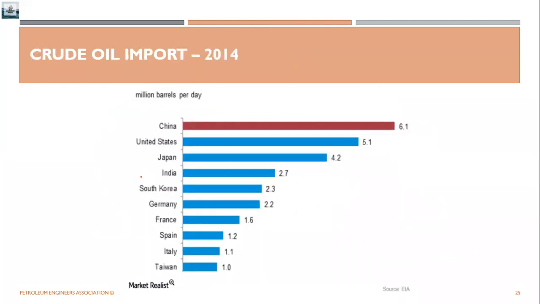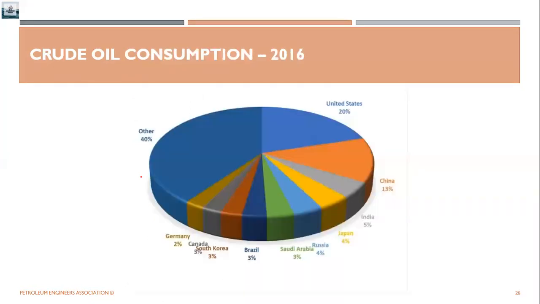This particular statistics, although it's a very historical one, since it is showing us the statistics of 2014. This shows the imports that are being made by the particular countries, right? Which is in million barrels per day. So one can just imagine how crucial or how important oil and gas is for daily industrial activities, and if a nation needs to achieve industrial excellence, or let's say industrial development, then definitely the utilization of oil and gas has to be in some very high quantities, right?